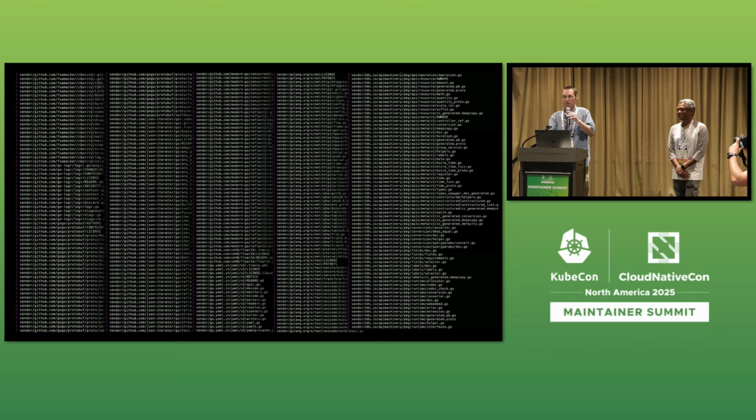So go mod vendor. It does blow up your source tree a little bit, but it gives you so much visibility and makes it visible. So when there's an update, you know what is changing. There's a lot of new stuff coming in. There's a lot of existing stuff I depend on changing.